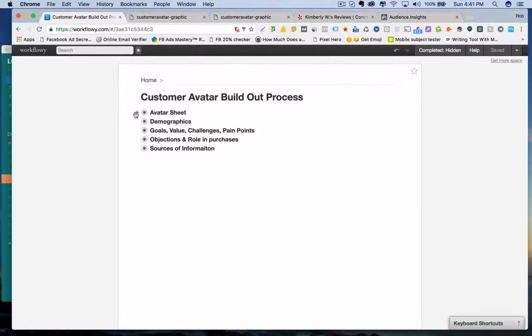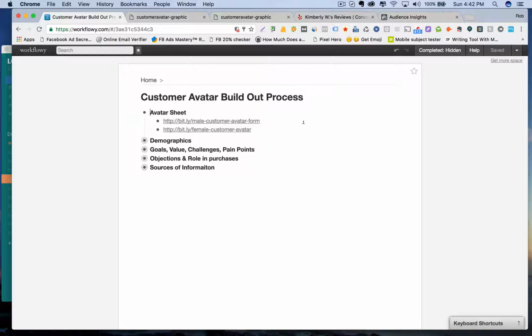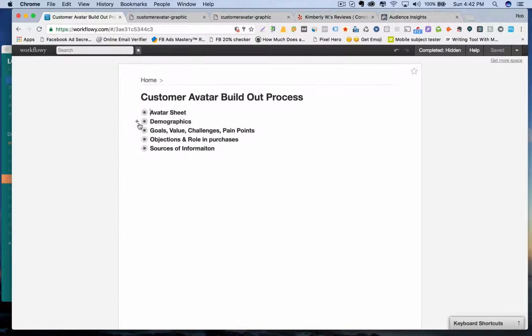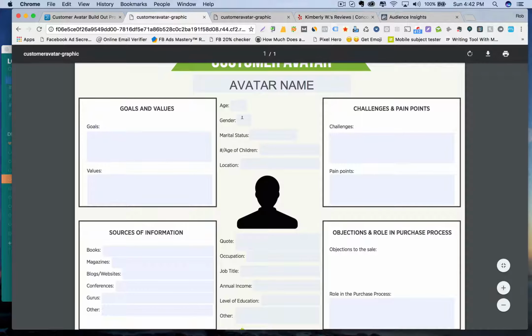So number one is I need the avatar sheet. I have the male customer, then I have the female customer, and that's this one, and then you have the female one. Okay, so that's done. Now, the question then goes, all right, for the demographics, the age, gender,